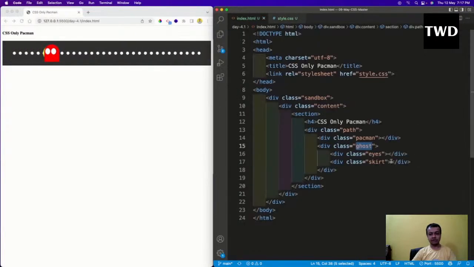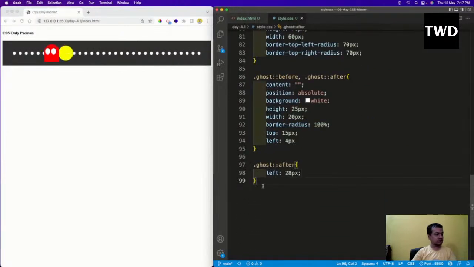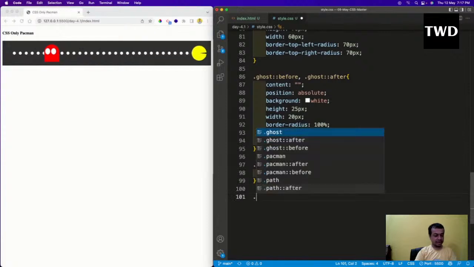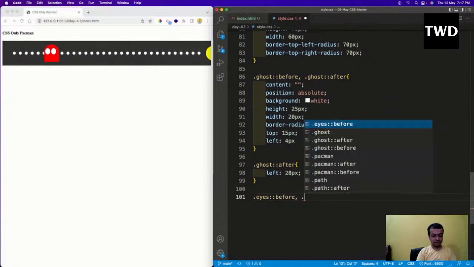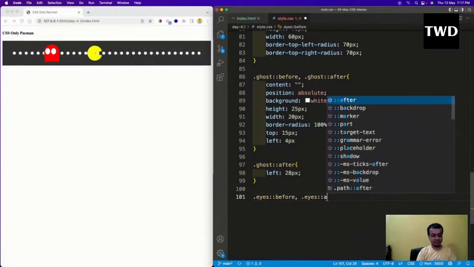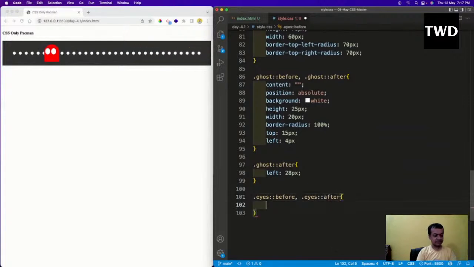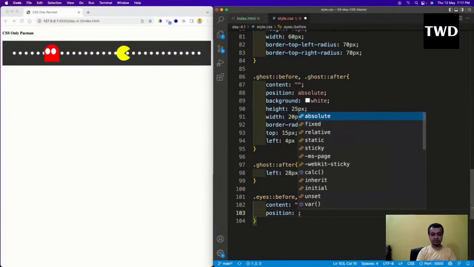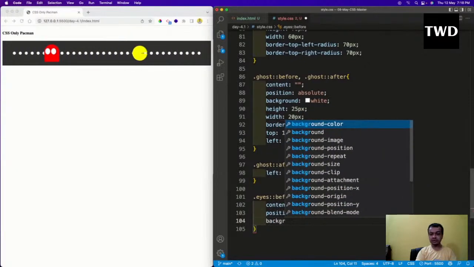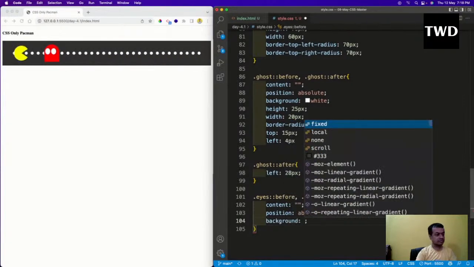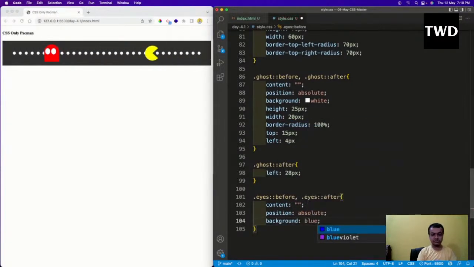So for that, this eye we are going to choose, and we come here and go to this dot eyes before, comma, dot eyes after, and content is like this, and position is absolute, and background is blue, and